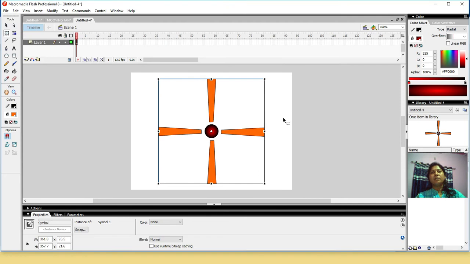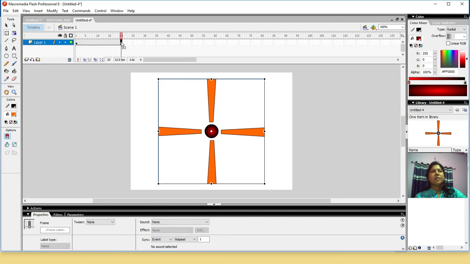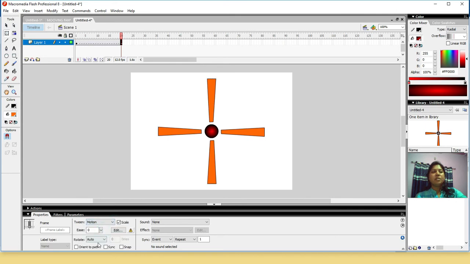Okay. Now, after this, you have to go to frame number 20, then press the F5 key. Over. Now move to the property inspector panel, tween, change to motion, rotate, change to CCW.